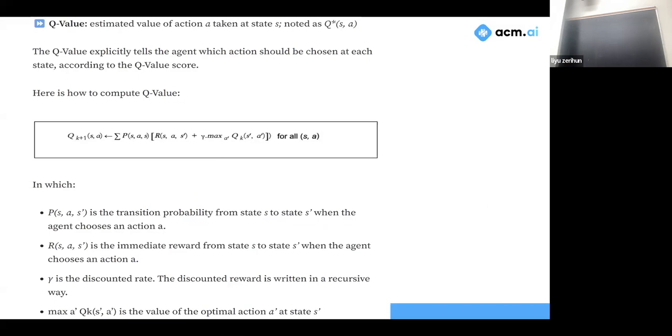That's the probability of that happening. And then this is the reward associated with jumping into that state. So this would be the reward for entering that state plus the reward of all possible future actions you could take from that state. And that will equal the reward for entering that state with that action.